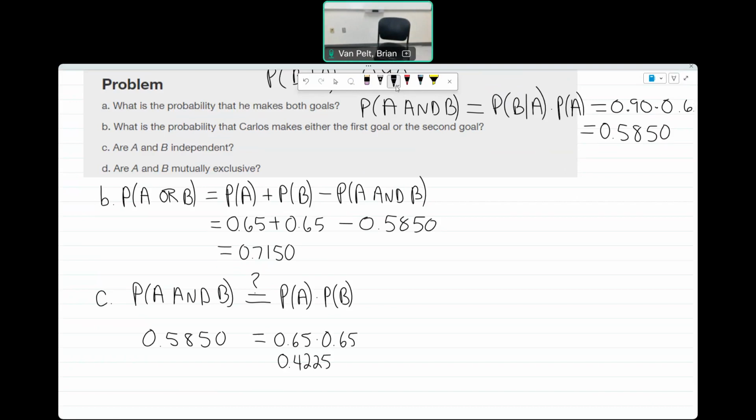So what is your answer to this part C? The answer would be no. This is not equal. Are they mutually exclusive? No. If they were mutually exclusive, this thing up here would have been zero. If they're mutually exclusive, they have no AND. Their AND is an empty set. So that is also no. And that's because